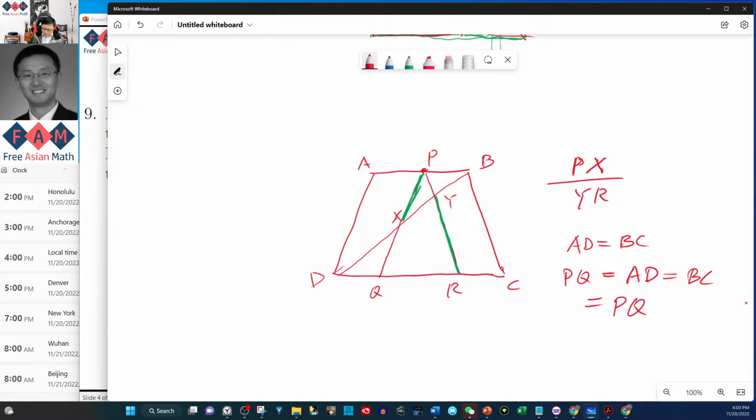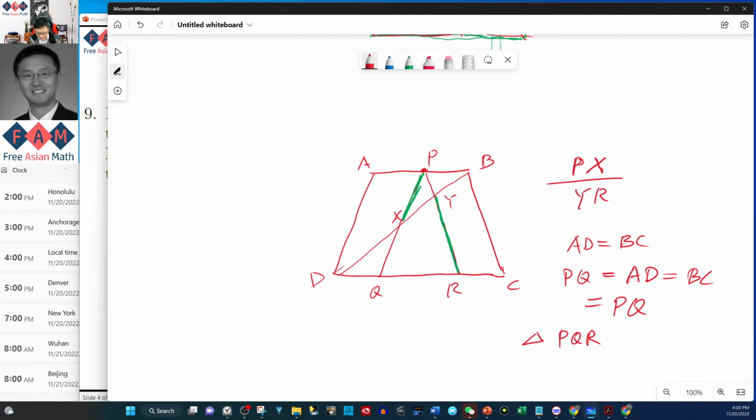So essentially triangle PQR is an isosceles triangle. You just shifted the AD and the BC into those two line segments, PQ and PR. Essentially, that's what it is. If that's the case,